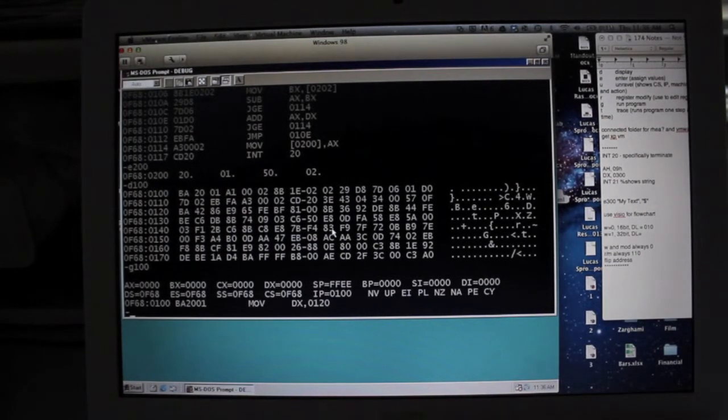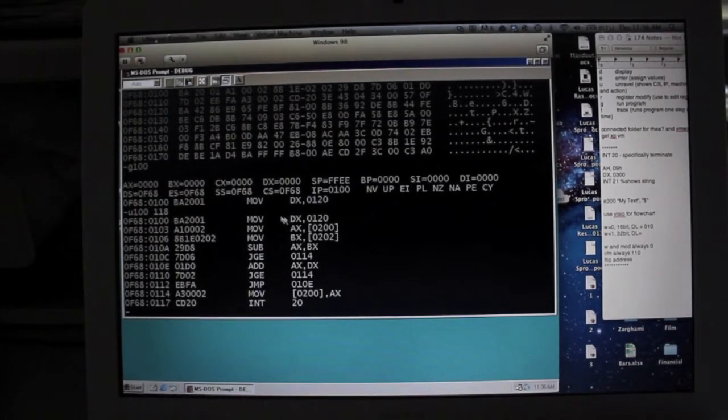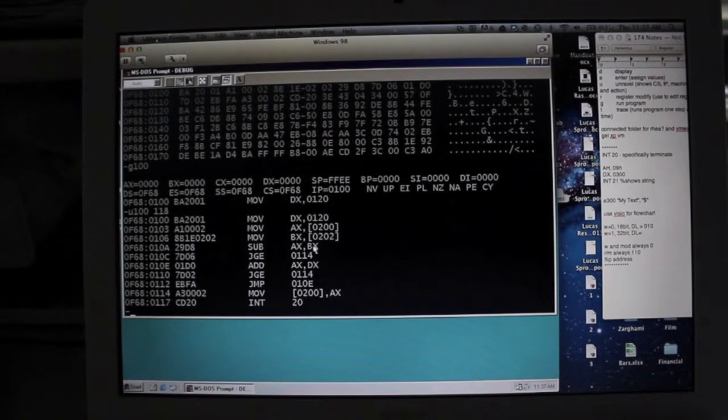So as shown earlier, we have our code right here, and we can expect to move 120 into DX, the value 120. Register 200 goes into AX and 202 into BX. Those are the values that we entered earlier with the E command. Subtract AX BX, jump if greater than or equal to. So this is a condition here. Add AX DX, and then again the command jump if greater than or equal to, and then the unconditional jump